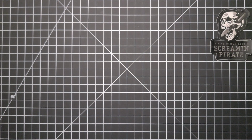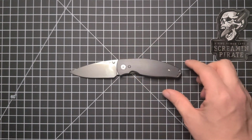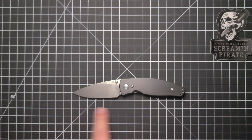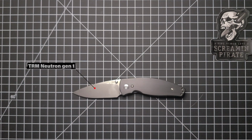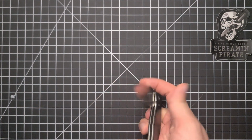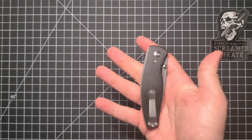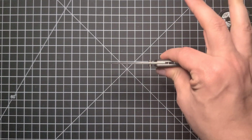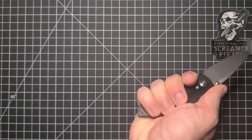All right, guys. So next we have the TRM Neutron. This is the Gen 1 Neutron. I also got this at Blade Show 2019. They actually had a scarring on the blade somewhere I can't even find now, and they were selling these, so I picked one up because I figured I should have one. I really do like this knife. Nice and thin. Not really my style as far as a thinness factor, but in hand, even for a large